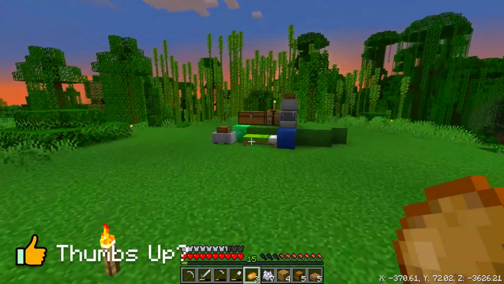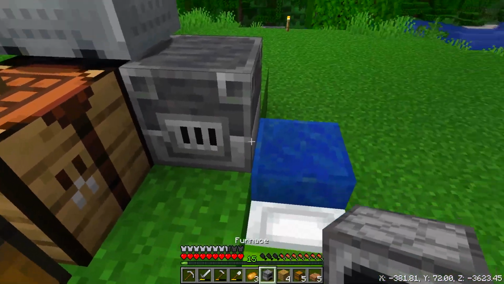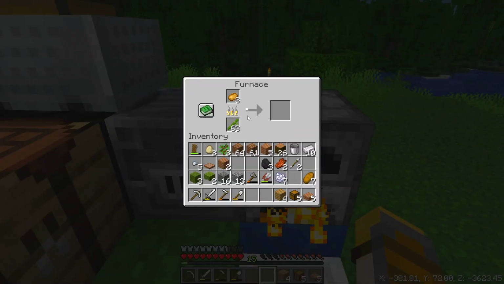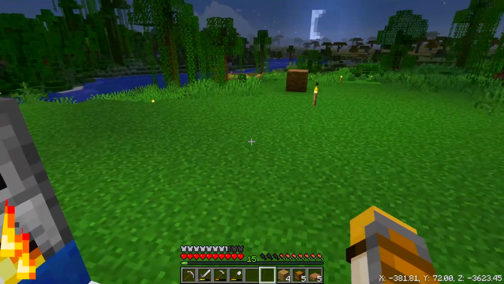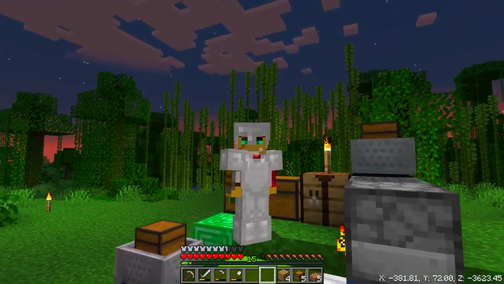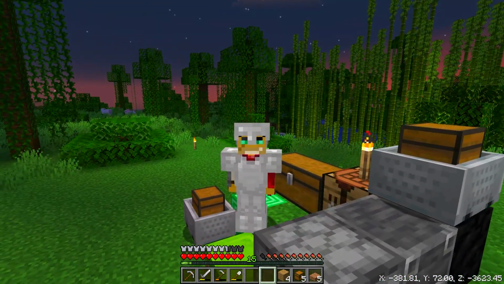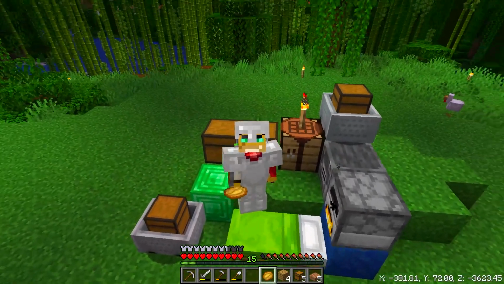You have no idea. Oh, I have to make another furnace because potatoes don't go into a blast furnace. Okay, take the bamboo out and cook that potato. Oh, you already know what's up. It's my favorite food in the game, the baked potato. Oh, it restores 3 hunger points and it has a lot of saturation. It's mid-tier, but what's next is actually